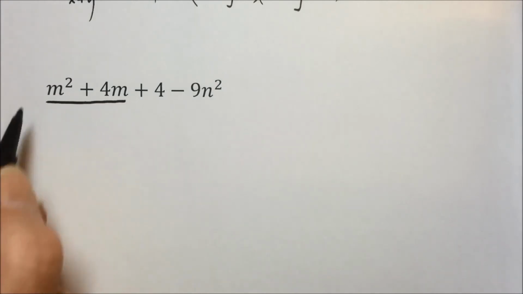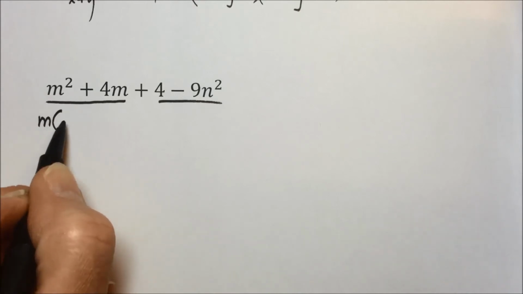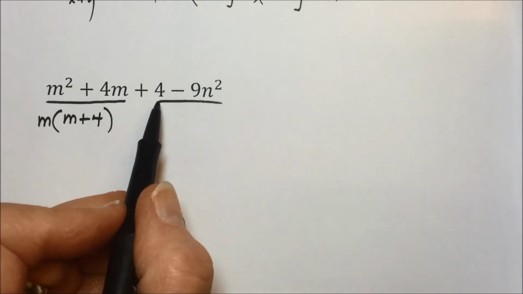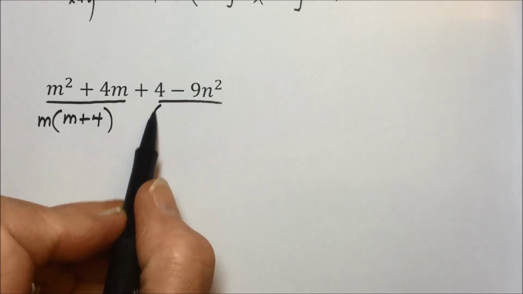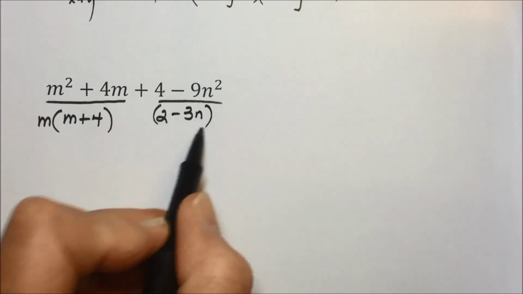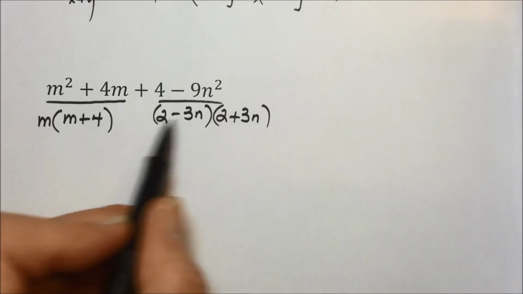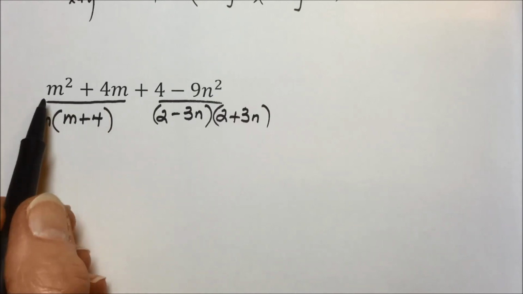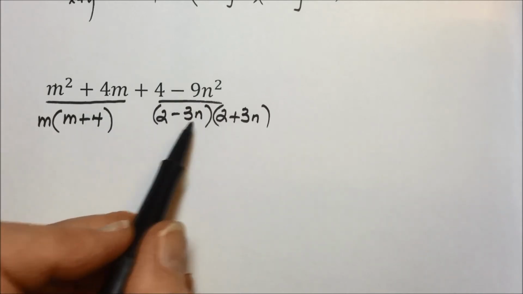First procedure probably would be to group them 2 by 2 as we have in the past. There's a common m. Factoring out an m leaves an m plus 4. Nothing common here other than looking at these 2 terms. Square root of 4 is 2, and the square root of 9n squared is 3n, so it would be a 2 minus 3n times 2 plus 3n, but that's nothing in common with the binomial that we factored from the first 2 terms. And we could try the first and third and the second and the fourth term and different